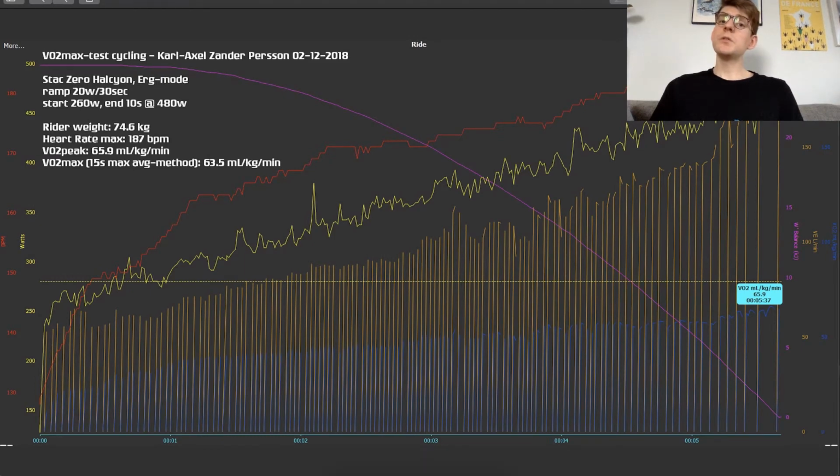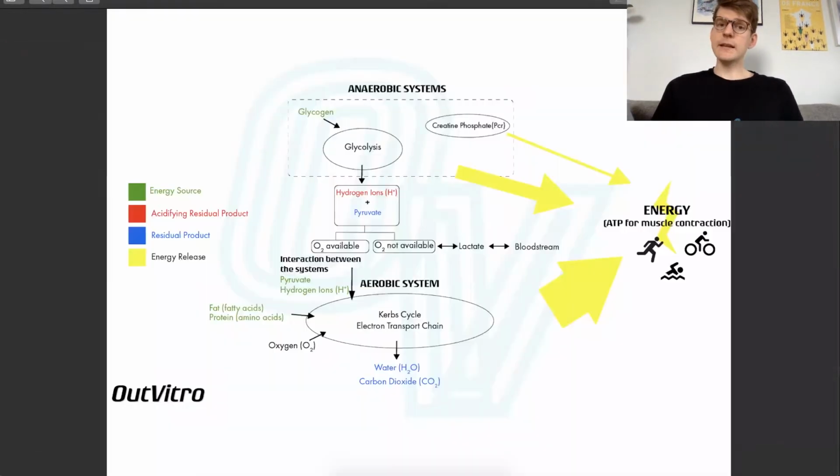Okay, getting on to discussing the usage of the VO2 max metric in sport. Like I said, VO2 max is the single most important performance metric in any pure endurance sport and discipline, even quite short ones. It's therefore of big interest to measure it over time if you want to track your performance, and especially if you want to see more in detail how you respond, for example, to a specific training regime.